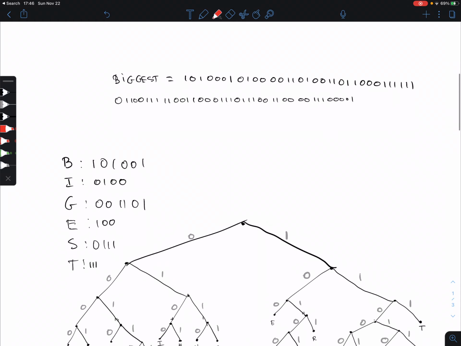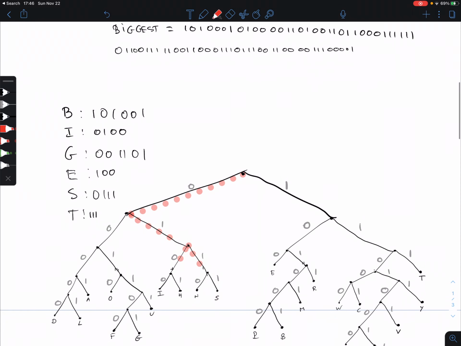So I start with the 0 and I start on top. I have to go 0. Then I have to do 1. The next one is also a 1. Then it is a 0. Then it is a 0. Then it is a 1. But there is no 1 because I have a leaf. It's obvious, right? I see that's the I. So this tells me,